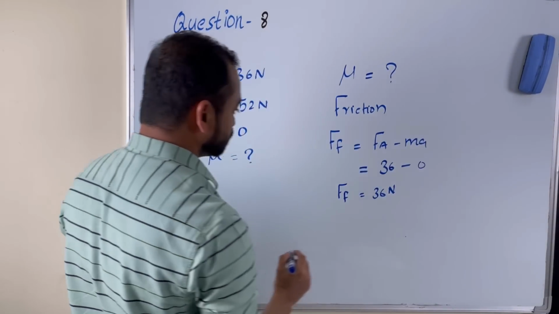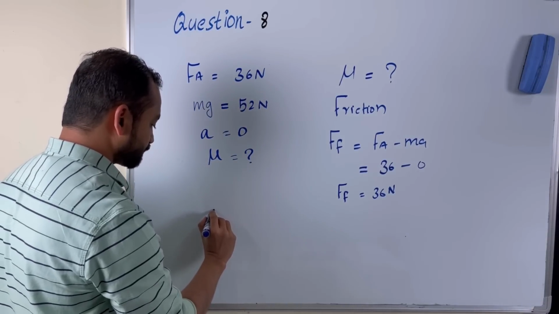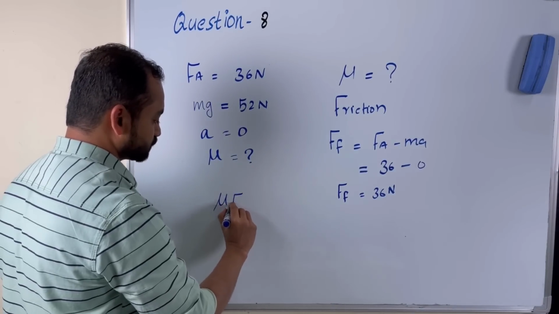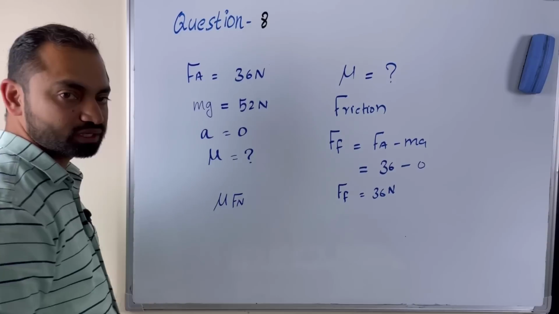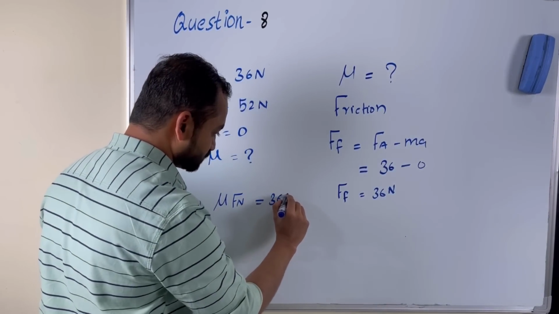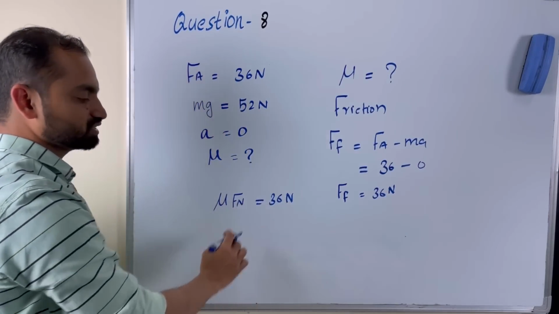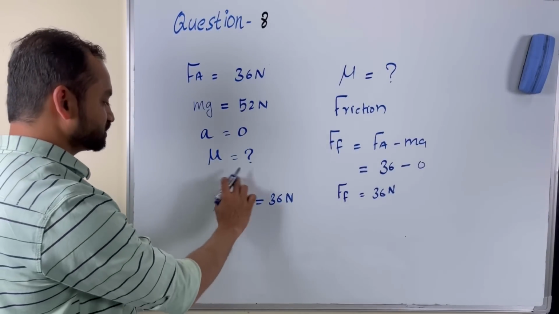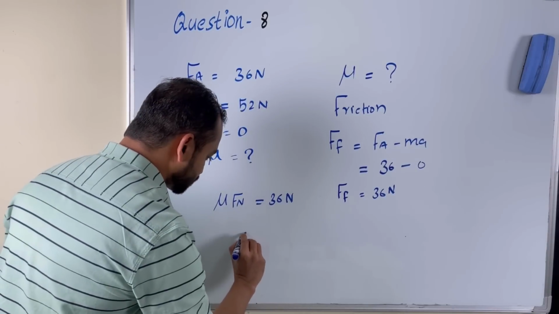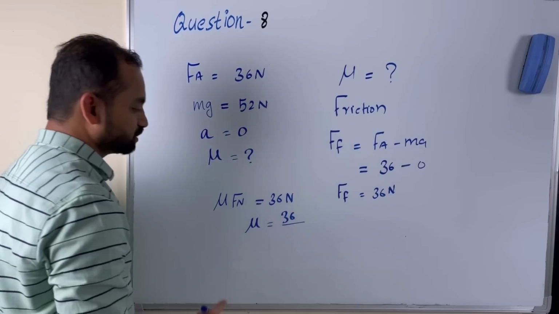So friction we calculated, right? So we have the equation: friction is equal to coefficient of friction multiplied by normal force, that is equal to 36 Newton. We calculated friction, we got 36 Newton, so we substituted that in this equation. So to calculate the coefficient of friction, that is 36 Newton divided by the value of